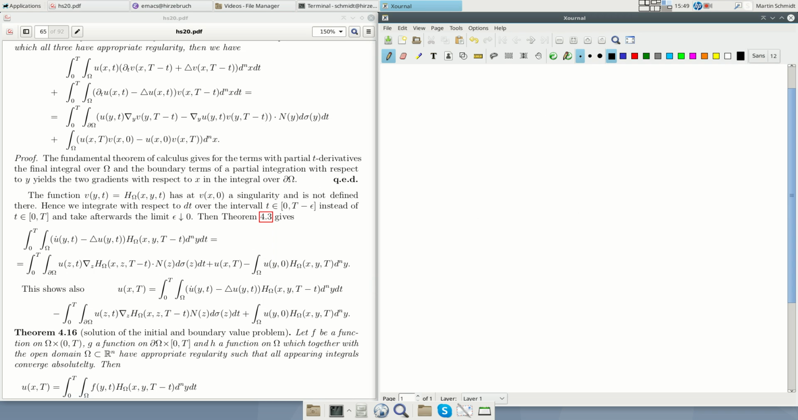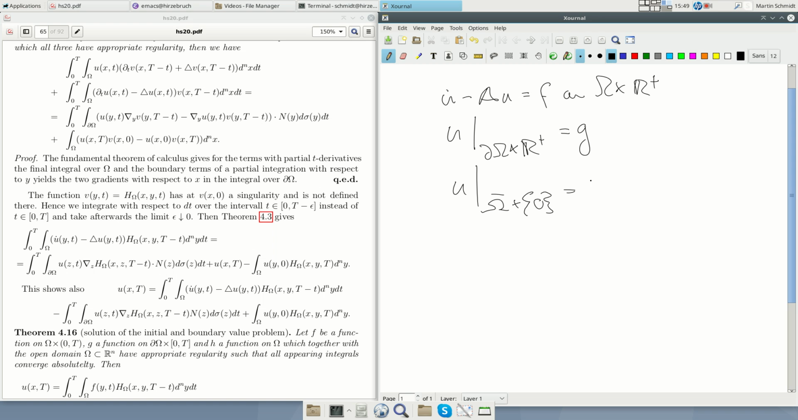we look for the following problem. We want that u dot minus Laplacian u is equal to f on omega cross R plus. We want that u restricted to the boundary of omega cross R plus is equal to g, and u restricted to omega bar cross 0 is equal to h. So this is our initial and boundary value problem